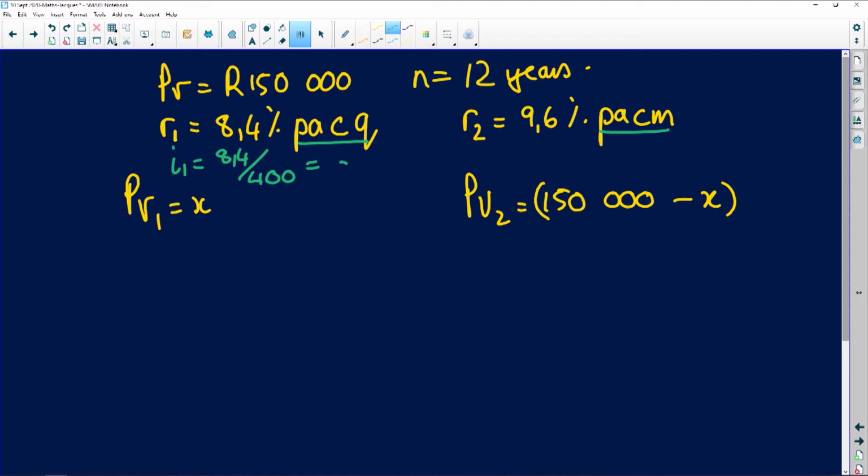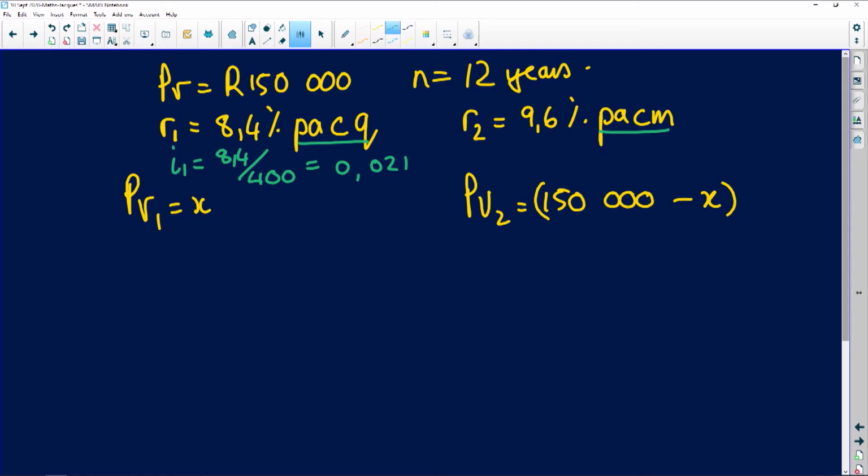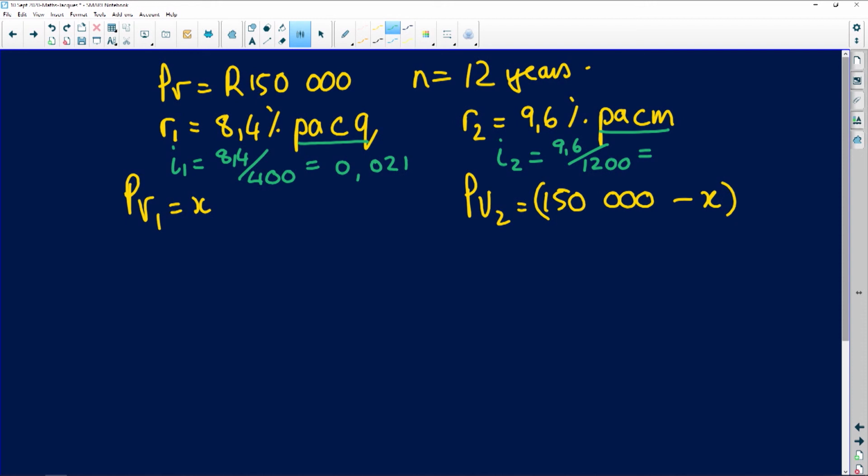So this is a beautiful 0.021. No recurring decimals, nothing. So that's quite a nice number to work with. 9.6 is the second one. So I2 is going to be 9.6 divided by 1,200. Remember, we divided by 12 to make it effective per month. Then it's still a percentage value. Then we have to divide by 100 to turn it into a decimal. Okay, so if you do that calculation, you also get a nice round number,